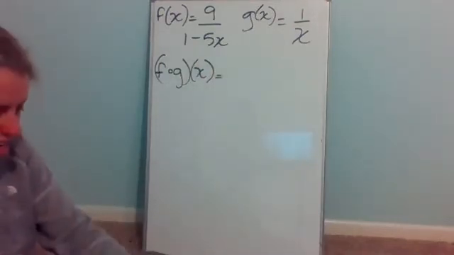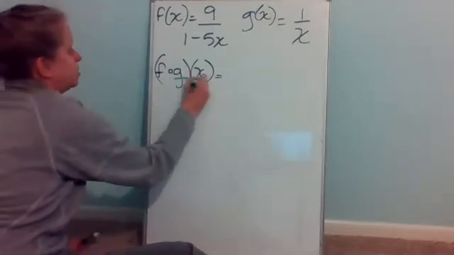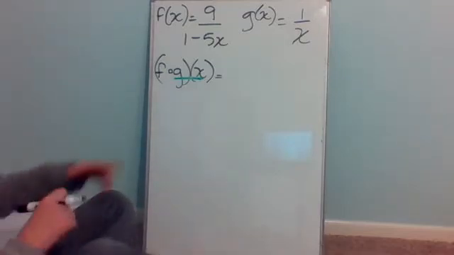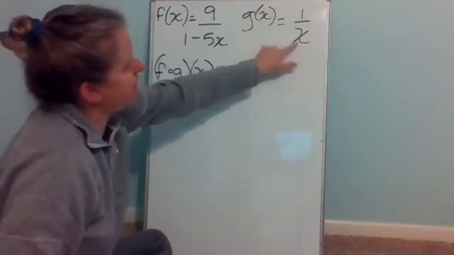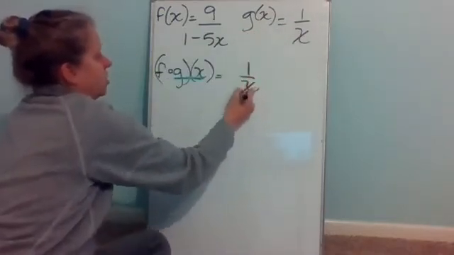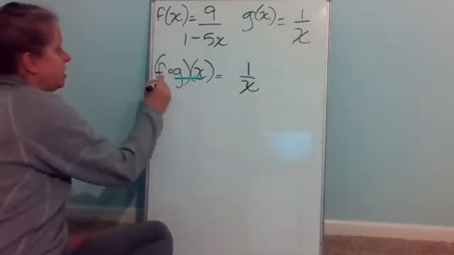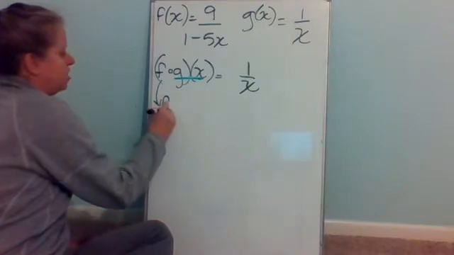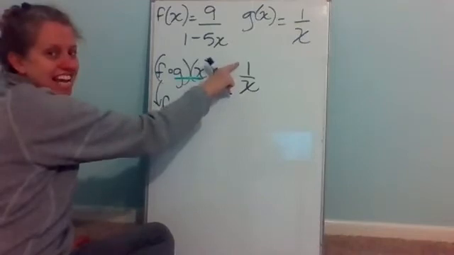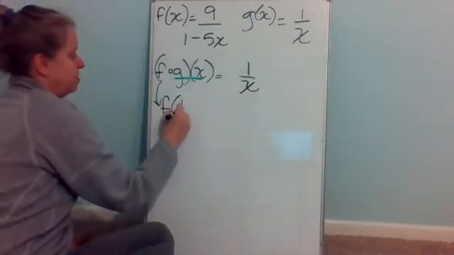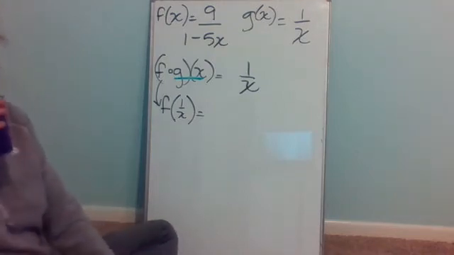So let's see, when we're finding f of g of x, remember we always find what's on the inside first, which is g of x. So when I go find that, what is g of x? Well, it tells me in the problem that g of x is 1 over x. So that part is done. Now you find the outside, which is the f part. So what are you finding f of? You're finding f of your last answer. So f of 1 over x, which means